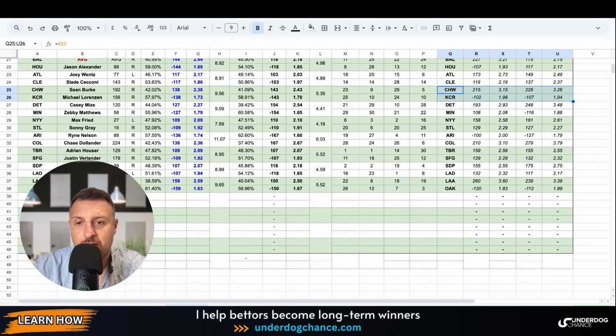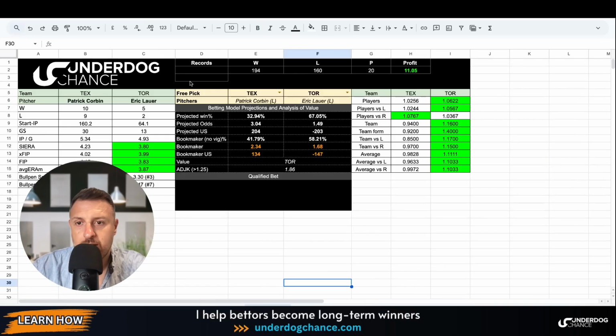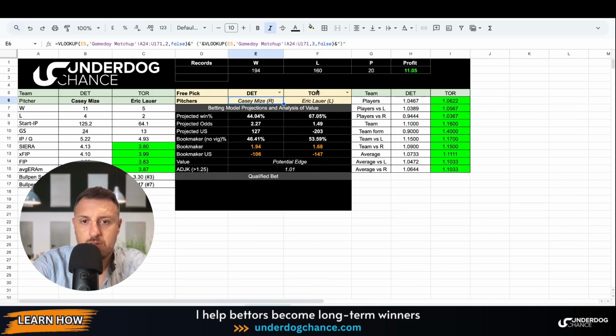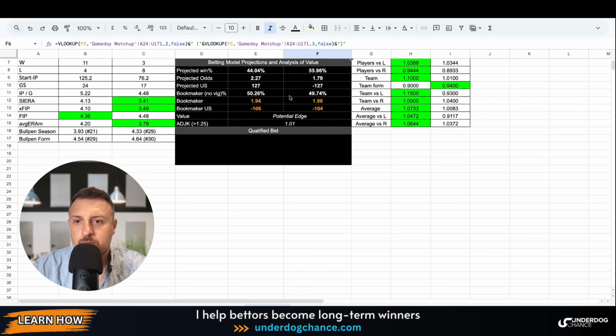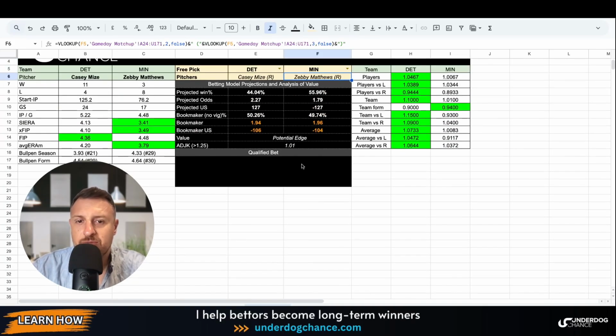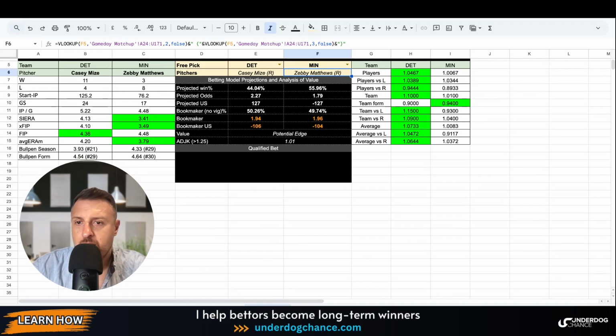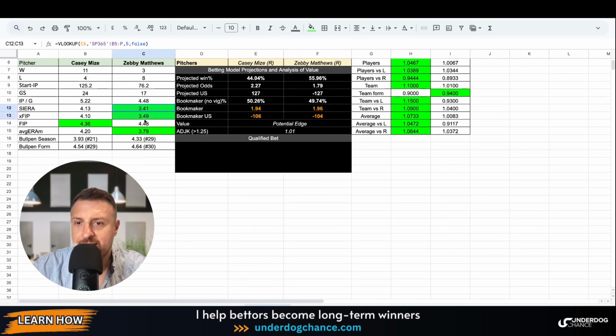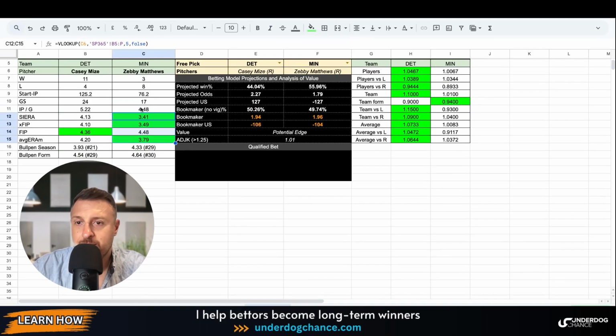I think they don't have. We can check here. Detroit, Minnesota, right? We can check these numbers. So I have Minnesota first 5 inning in this game, but let's check the numbers. Detroit pitcher is 11-4. Matthews 3-8, so record is on Detroit's pitcher. However, once we check these numbers, Zeby Matthews is pitching better than his numbers show. Okay, in other words, he's probably underrated. Also, the problem is that he's not going more than 5 innings. Which can be a problem, but if we take first 5 inning,